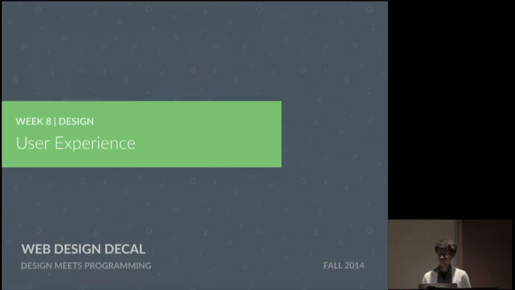This week's lecture would be user experience. So you guys just went through a lot of the design aesthetic parts of this class. But this class is not a graphic design course. This is not an art class. This is user interface design. So it is very important that we cover the other side of the equation, which is user experience.